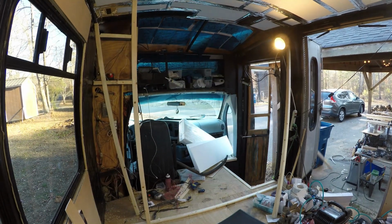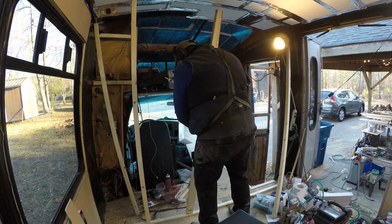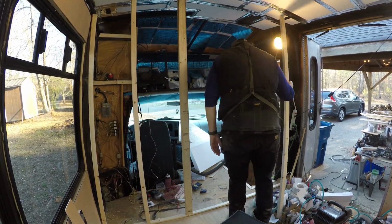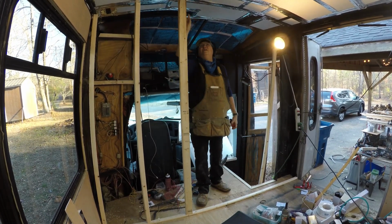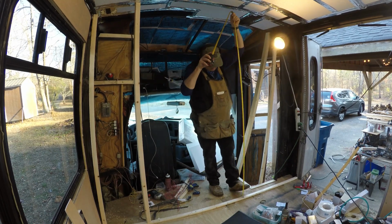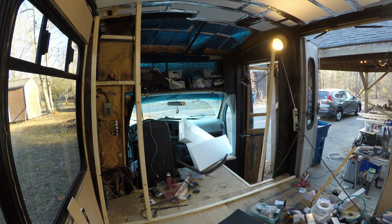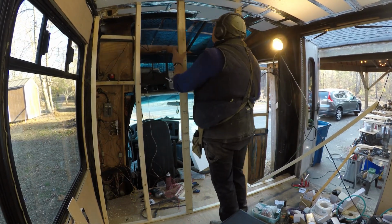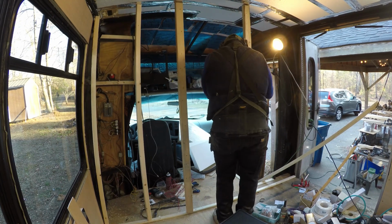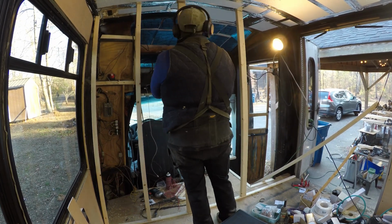And that would be very nice, because I have air conditioning that does work in the cab area, but that's only going to be sufficient to cool that front cab area. So I want a dividing place between the cab and the main living space. And then also, on the flip side, when I'm parked and I'm actually living in the space, I'm going to have a mini split in the back that will have heating and cooling in it, and I don't want to have to try and cool the cab area when I'm parked. So that will be more efficient for keeping the living area at a comfortable temperature and not have to work so hard to get all that front cab area